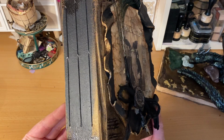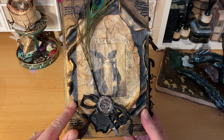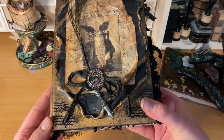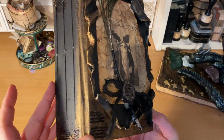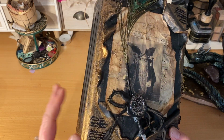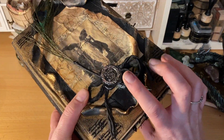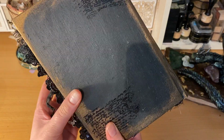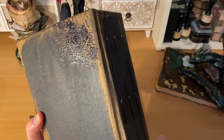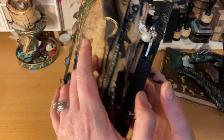So just like the ship one that I did in one of my previous videos, I've done a similar scroll, and I've used polymer clay to create that. Then I've obviously painted it in black acrylic and then gone over it with some different types of golds, as you can see. And then I've used some embossing powder and stamped, and it's kind of like a gloss, as you can see, a gloss